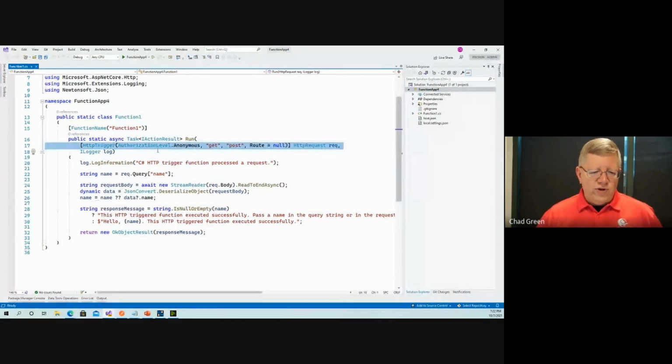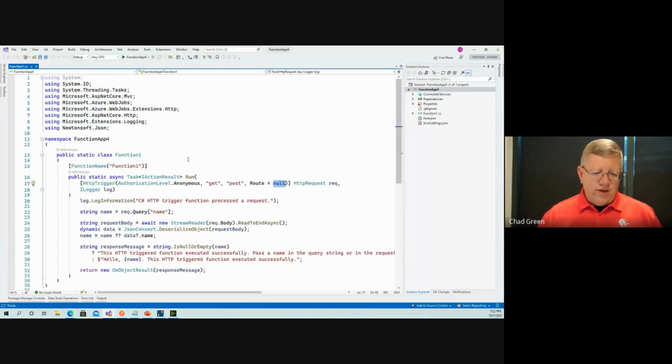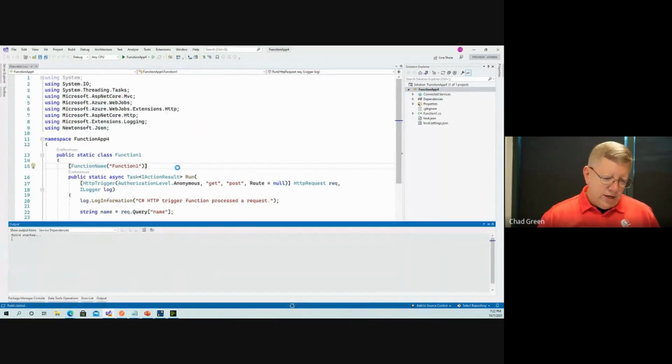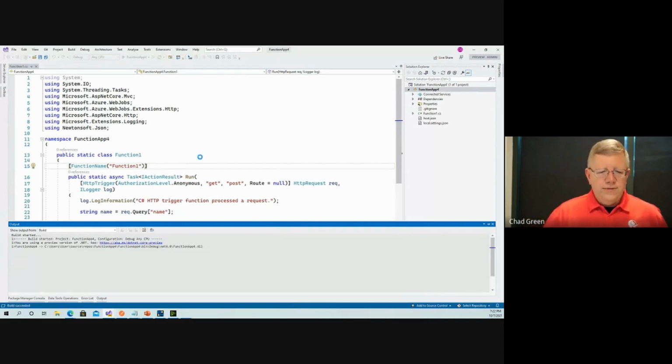So here you see the trigger, right? I'm doing an HTTP trigger. You can see I'm defining it as anonymous, a post and a get, so it's allowed either or. I can even define a route, right? We'll see that here in a moment. And then we get an HTTP request, which allows us to do some nice stuff. The honest truth is this is going to do the exact same thing we just saw, but just to show that,